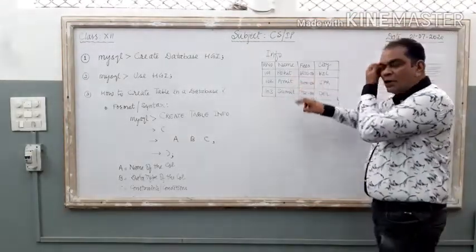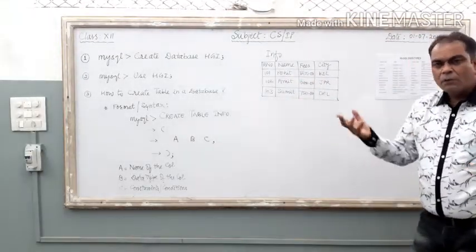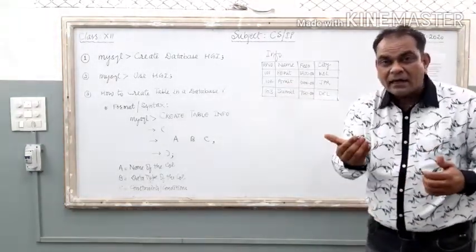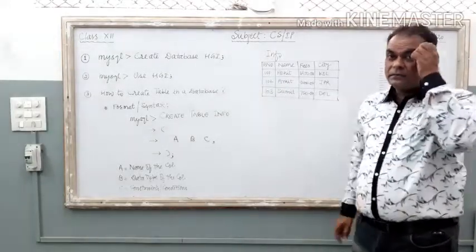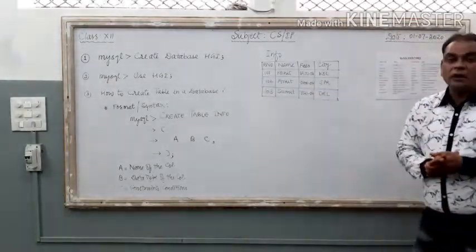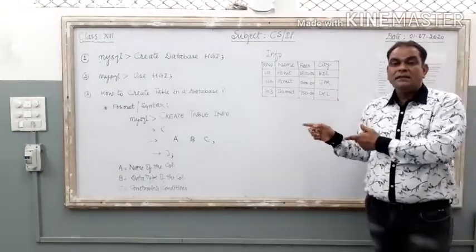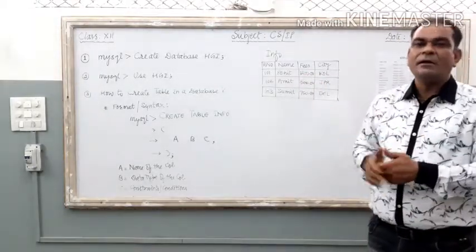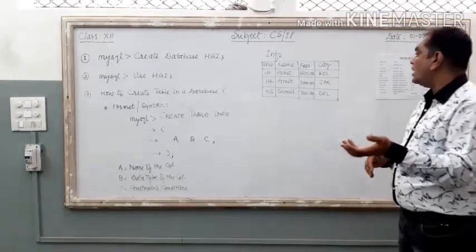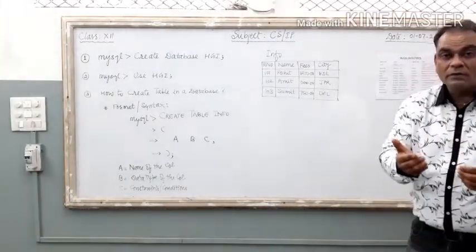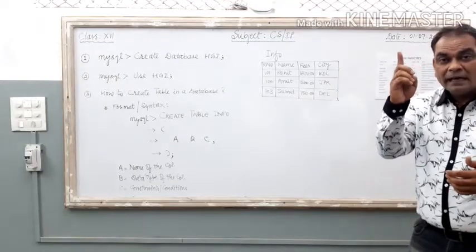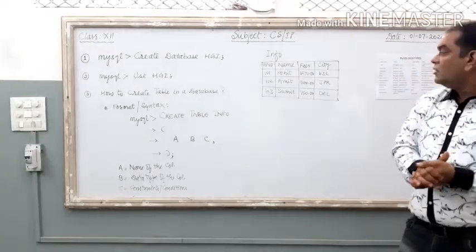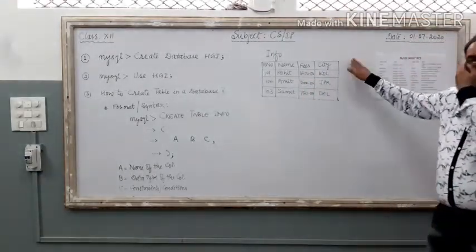Clear? If you can see the name column, what is there in name? String, a group of alphabets. And for a group of alphabets, the data type is either char or you can write varchar. Clear? Then the third one, the fees column. The fees column contains decimal values. Just see the value 1200.00. It is a decimal value, and for the decimal data type, we can use float. याद आ रहा है Python? What is there in Python? Integer, float, string. These all are there, and all these things are here also in MySQL. So it is a float column.